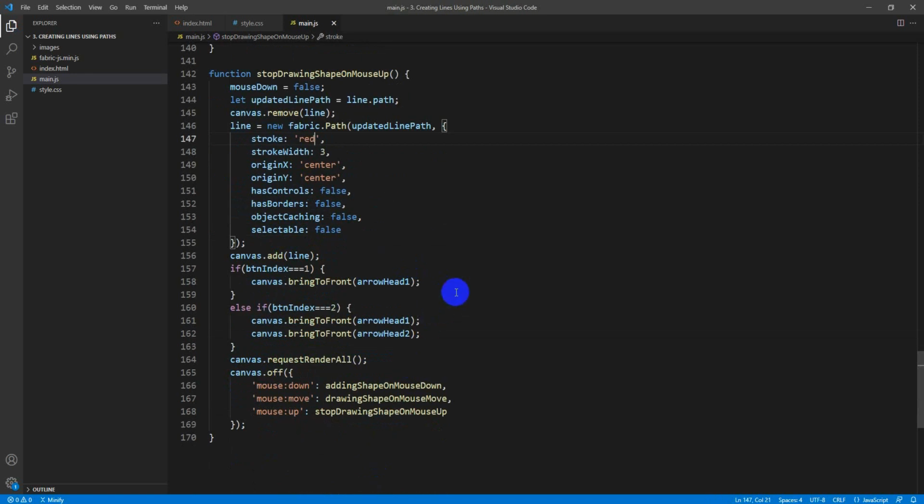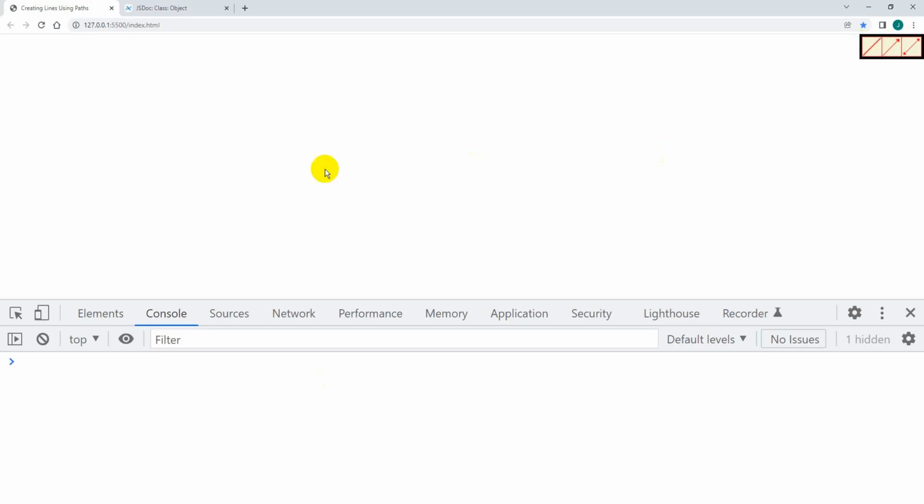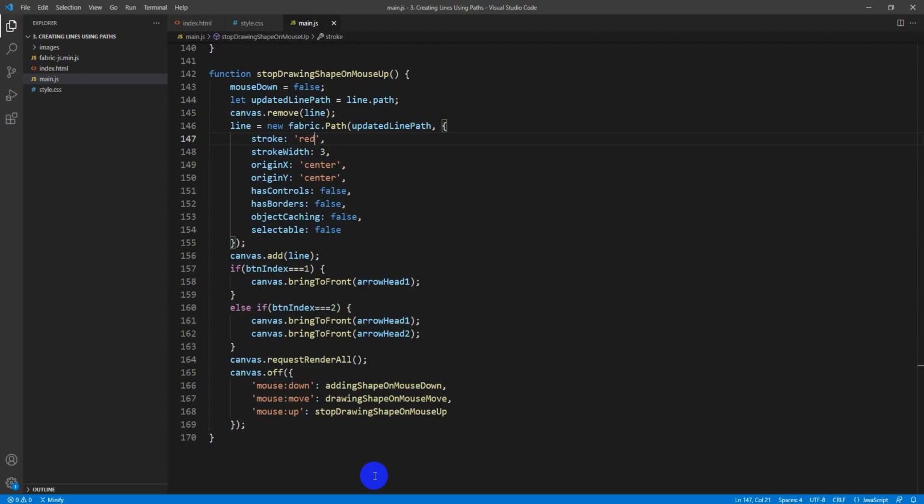Alright, now there is another issue, but I'll talk more about it later on, which is the selectability. Let's say I do not want to draw any more lines, I want to select this line, but now we have set the selectability to be false. So later on, we will have to create another button to deactivate all these events that are now deactivated when it's mouse up, but I do not want this to be deactivated on mouse up. I want to keep on drawing when I press my mouse down. So later on we will create a button, and once we press that button, the line selectability would be set back to true. Okay, so let's comment this out first,